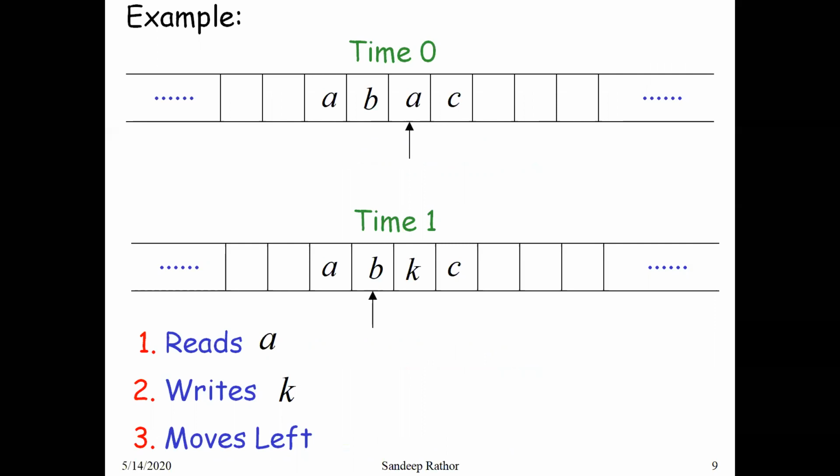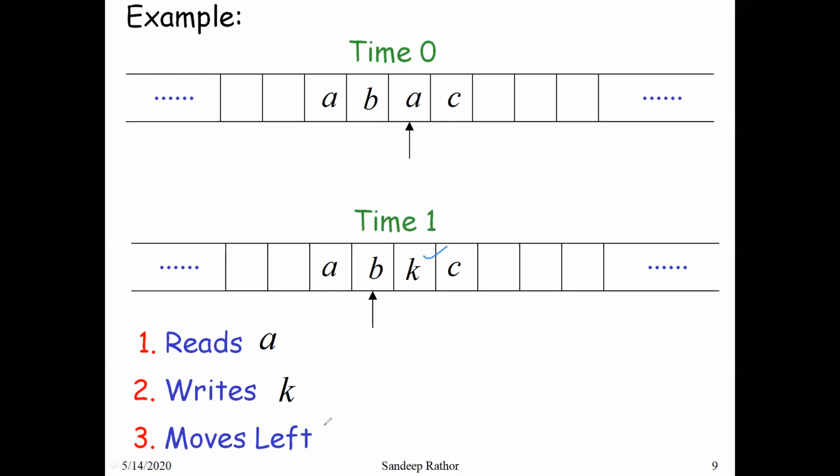So after now you want to read the symbol A and convert it into K and move to the left. How can we represent and implement this, and what will be the situation at time 1? You can see easily. Now the head will read the symbol A from time 0, and after this you want to write K. So here, in place of A, we are writing K.